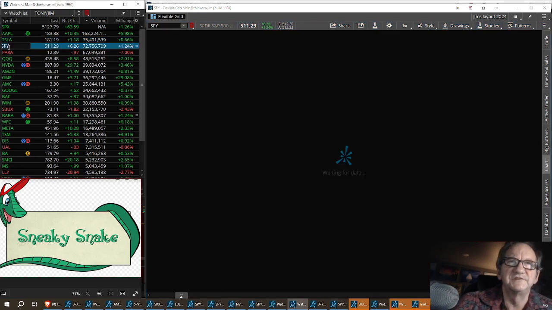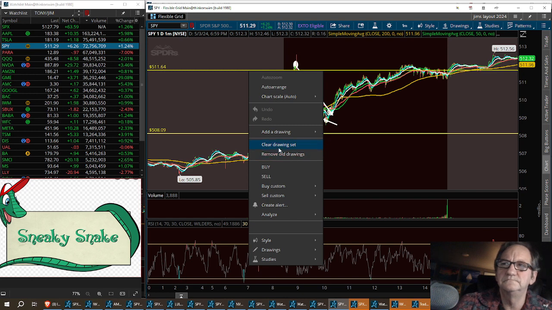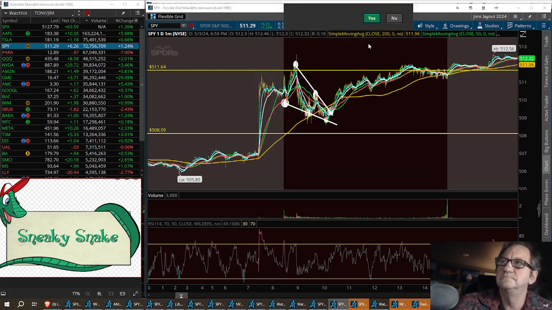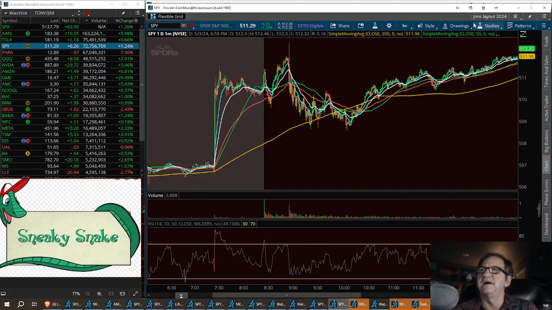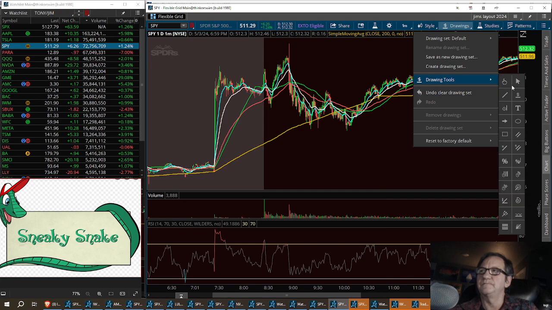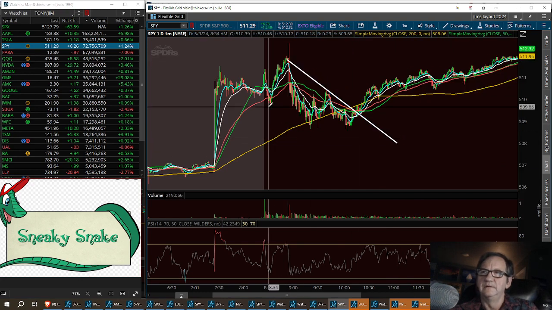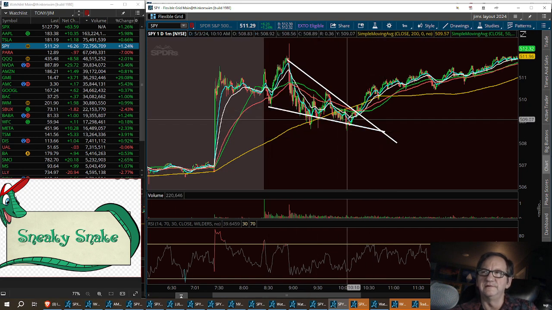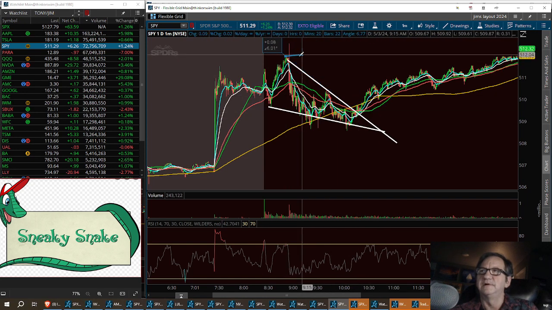The next one's a SPY. We come in here, we're looking for the pattern. We have a nice little breakout, pulls back, creates another falling wedge. We got an inverse head and shoulders. We have a left shoulder, head, right shoulder. Then we count to 3, 1, 2, 3, and we're out of the trade